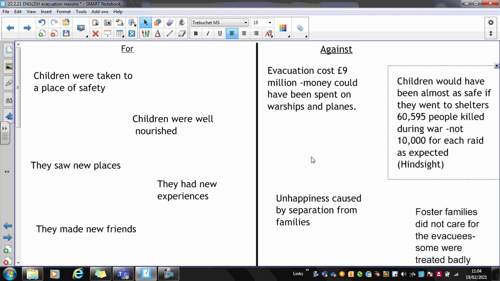Second thing was that children would have been almost as safe if they went to the shelters. So, for example, in London, they used the London Underground train system as huge shelters. And many people who were lucky enough to have gardens would have constructed Anderson shelters in their gardens. And it actually turned out that children would have been just as safe if they were able to go to